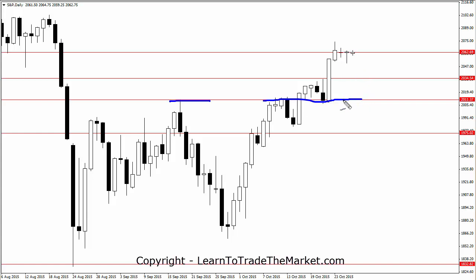We don't have a signal that I would put money behind yet. We're not really at a level where we can define our risk correctly. What I'll do is I'll wait patiently for the market to rotate back down towards 2011. We might only get a pullback to that 2030 level, which is also a very key level. I'll be waiting for evidence to get me long via a price action signal, and that might come in the